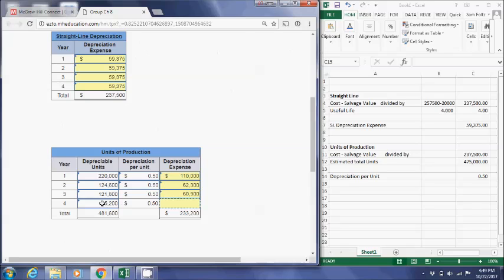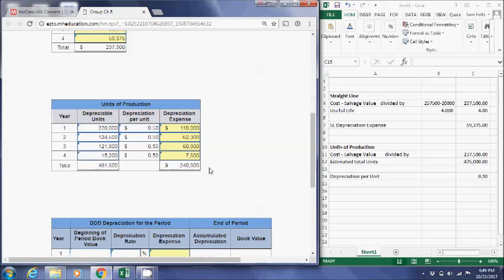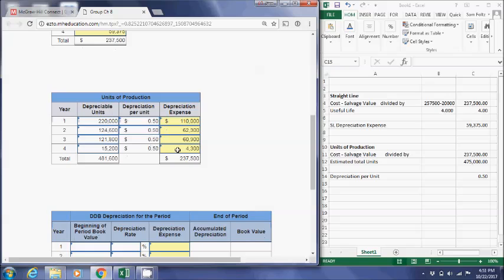And that would give us 7,600 here, but don't put that in just yet, because that will give you total depreciation expense of 240,800, which is actually 3,300 too much. So without a doubt, if I take 3,300 away from this 7,600, I really should only have 4,300 in depreciation expense. So in reality, I can only really depreciate 8,600 units in order to make this work